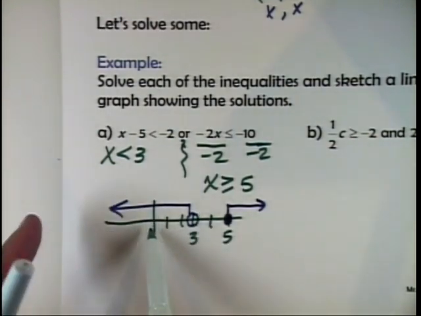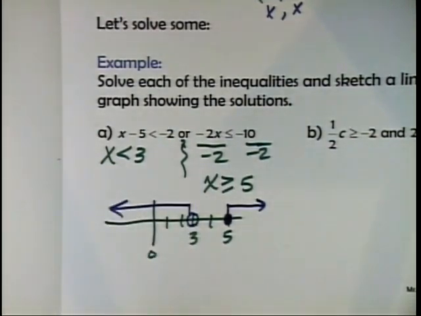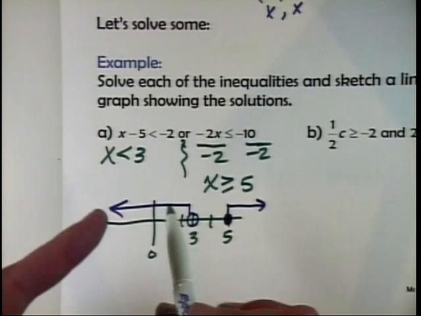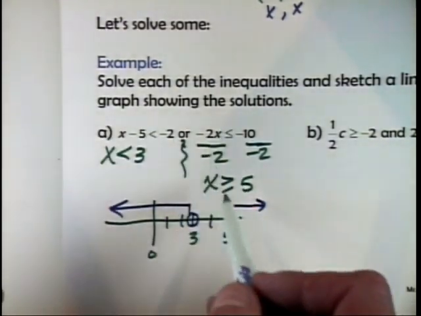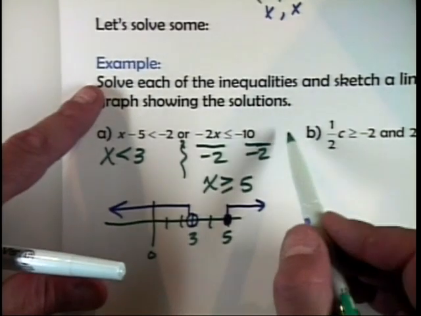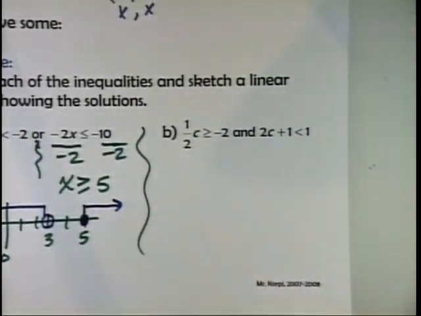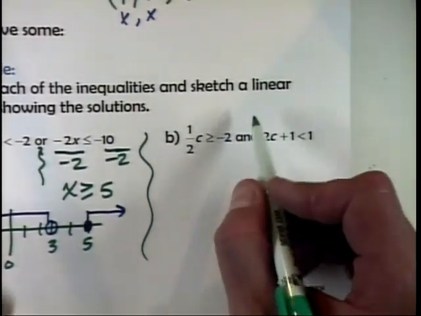You can't be less than 3 and greater than 5 at the same time. It's one or the other. So the greater than case is going to end up being the OR case, the disjunction. Here's another one: 1/2 c is greater than or equal to 2 and